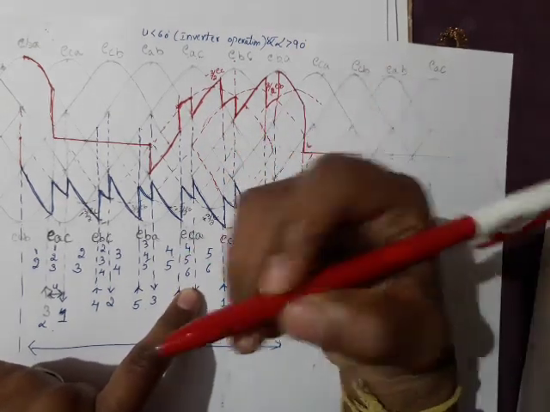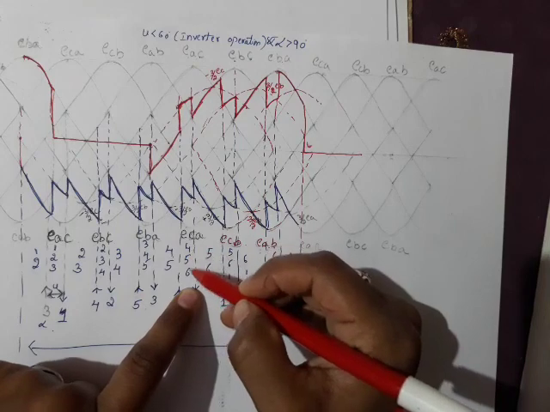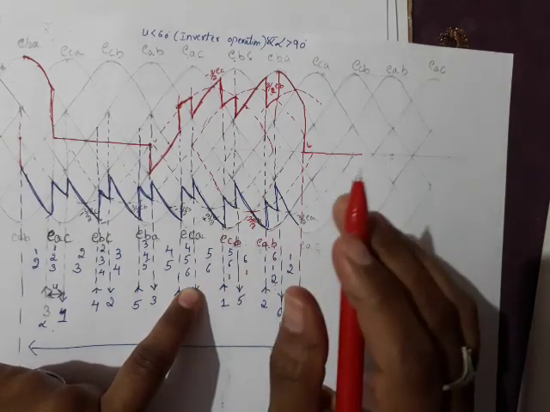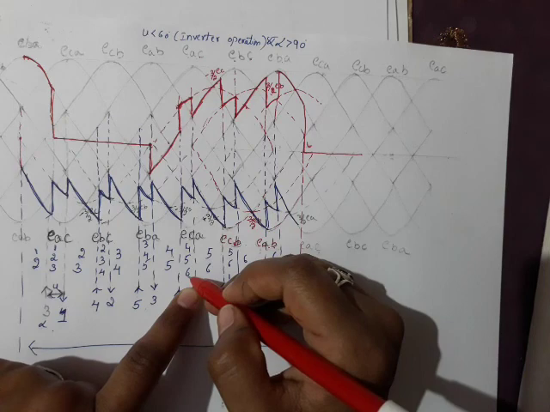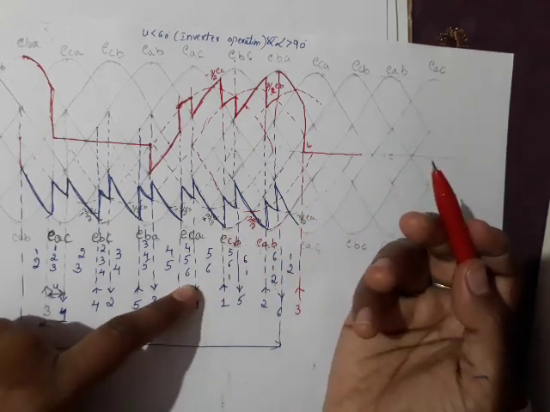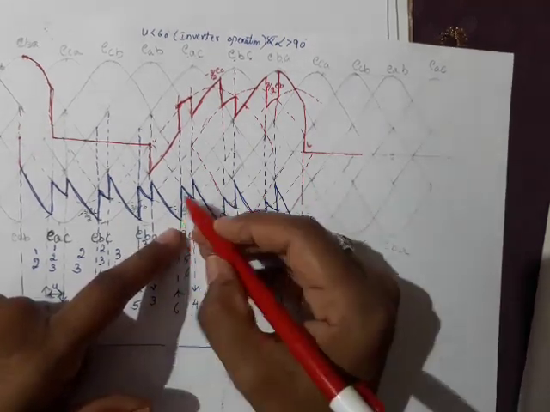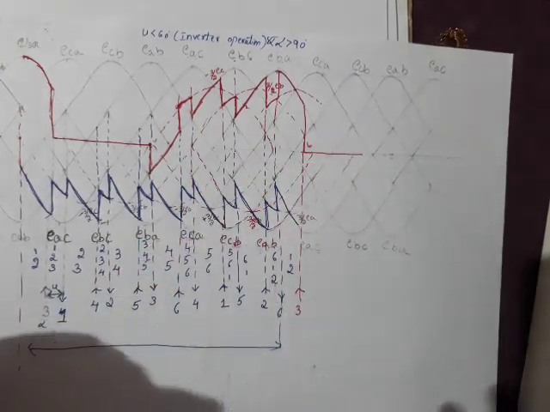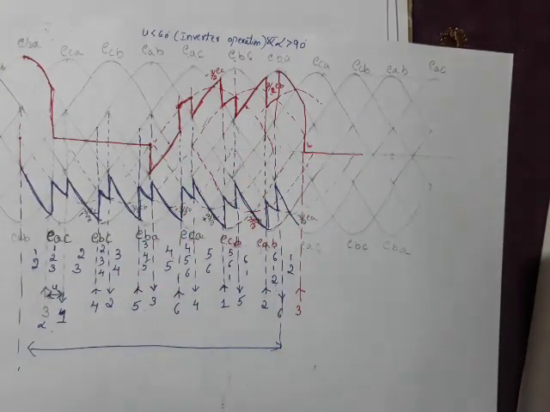So if valve number 3 comes into conduction, what happens here? 3, 4, 5, 6 conduction. Valve number 3 and 6 are in the same limb. Means what? It is a dead short circuit. So whatever voltage you are getting, immediately it will become 0 and the operation will get disturbed. This is called commutation failure. Instead of another valve coming into conduction, we are continuing with valve 3 conduction. We are missing another valve coming into conduction. That is called commutation failure, which we are going to discuss in elaboration in the next module.